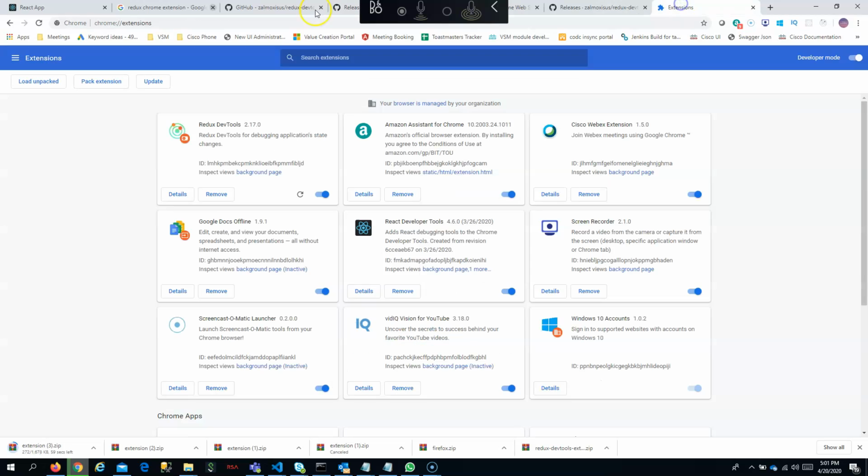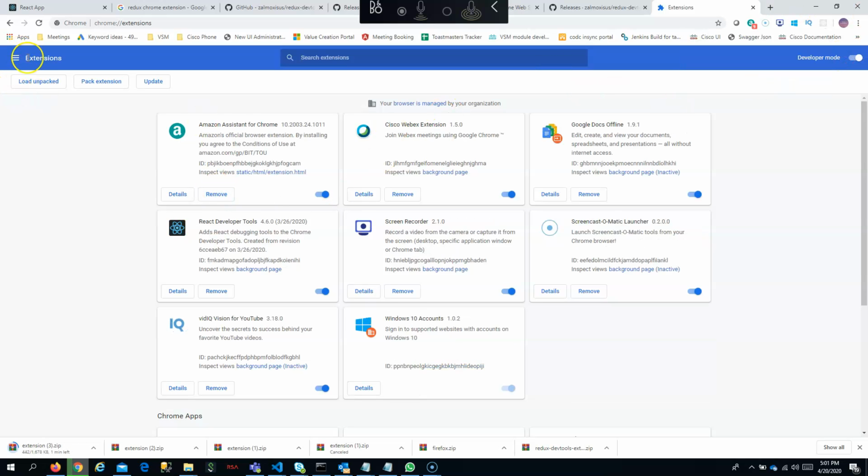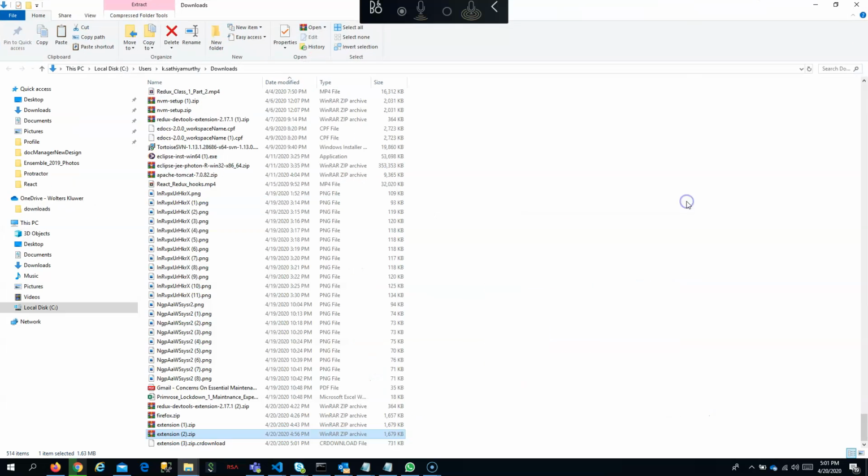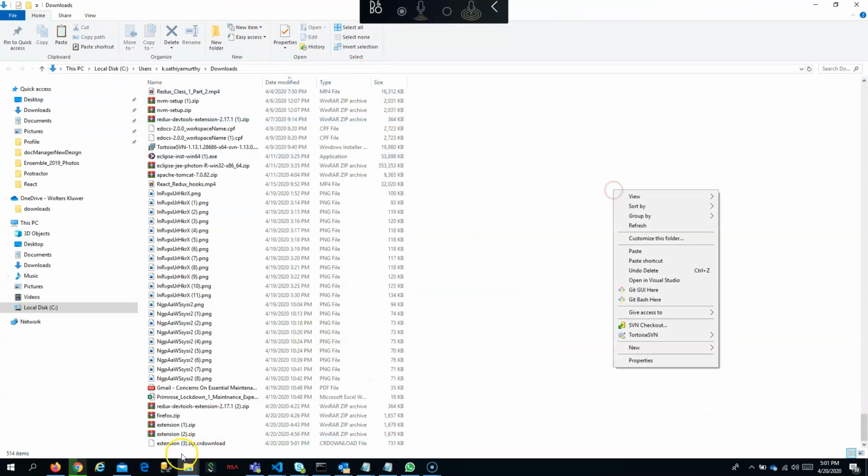And then you just need to go to Chrome extensions. I will remove the already existing one for you to show, and here press on load unpacked. After going to Chrome extensions, you select load unpacked. Before doing that, you just need to unzip it. What you can do is, maybe you can